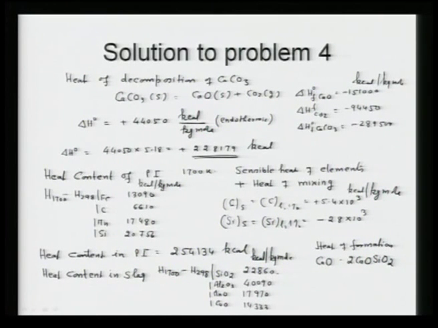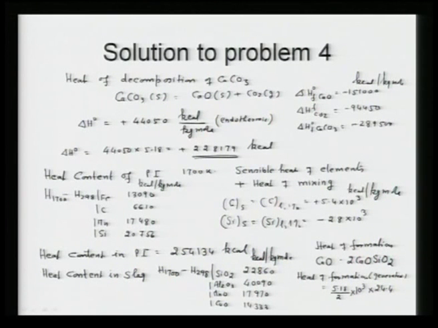If you do that, then the heat of formation of this one will be equal to 5.18 upon 2, because 2 CaO SiO2, into 10 to the power 3 into 24.4, because 24.4 into 10 to the power 3 is the heat of formation of slag when 2 CaO SiO2 is formed. So, this is the heat of formation. Now, mind you, this is the heat which is generated,